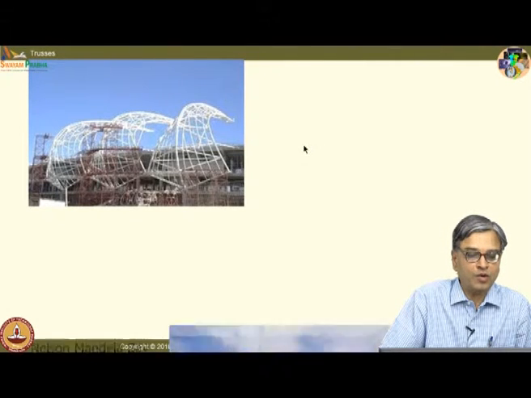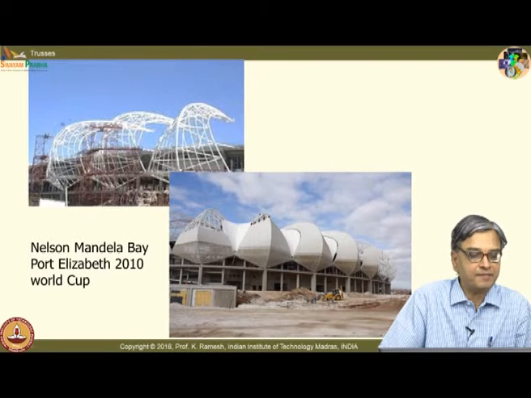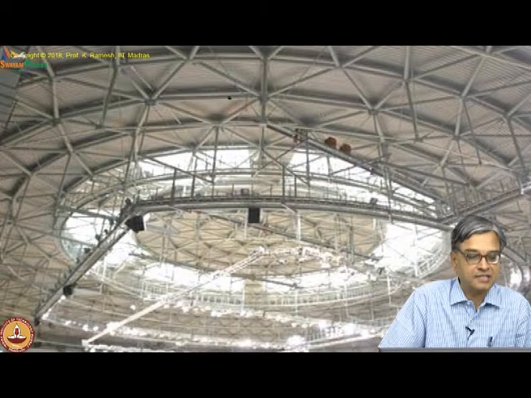And you go across the world and see many structures, including sports stadiums, they are all made of trusses. You have a truss like this, which is covered nicely. I think this was for the Football World Cup, they had this stadium built. This is another picture of a truss, which is a space truss. You have this occupying 3 dimensions.